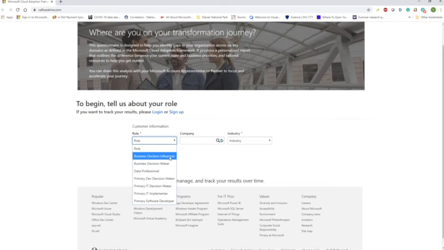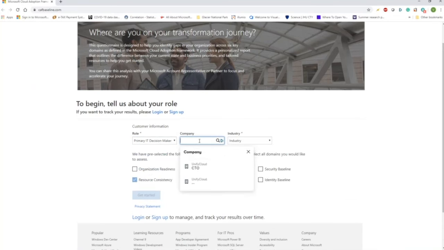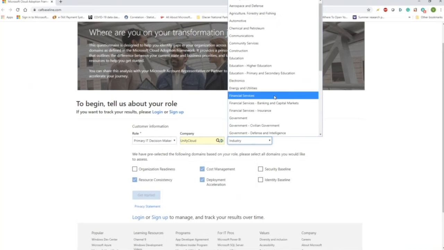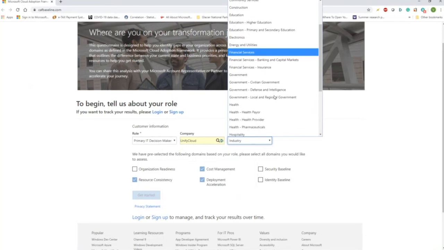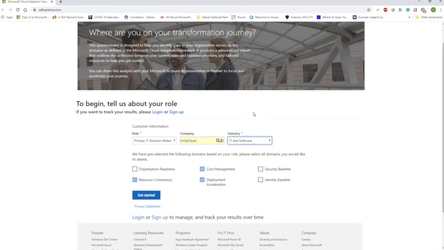You can select your role, like business decision maker or primary IT decision maker. You can put in your company name. For example, I just put CTO, and I just put my industry, maybe IT and software. You can see that it will give you some areas, and you can select all of them, because these are the 5 disciplines plus